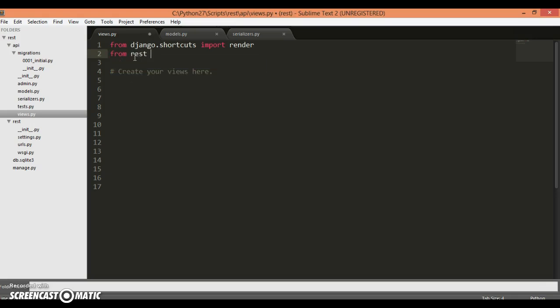So from REST framework, import viewsets, right? Now these view sets act as a controller, and basically they allow us to show our data in a proper manner, and it also allows us to perform operations like create, read, update, delete, right? So it's just like a controller in an MVC framework. So for doing that, we just need to define another class, and we will call it BookViewSet,